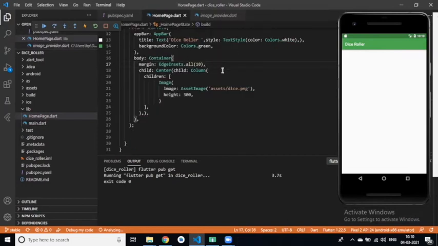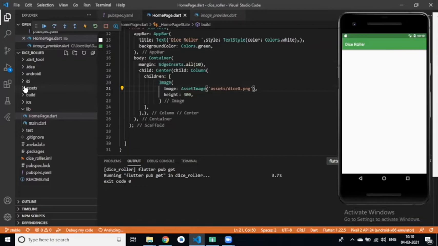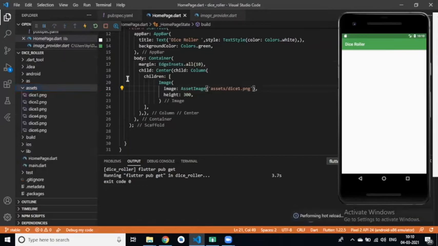Asset image dice1, sorry, it threw an error. Why? Not dice1? Yes, dice1.png.